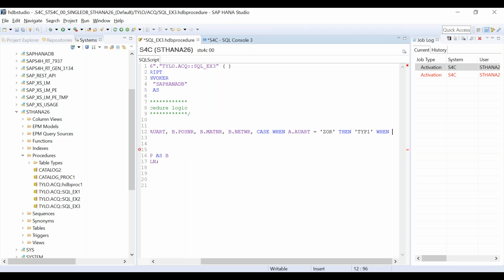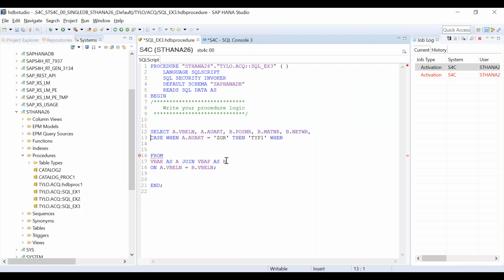When, again, let's copy this and let's take this thing down so that it is very easy to understand. Case when AUART, then this. Now the second statement, what is the second statement? TA. When the AUART is TA, I will write it as type 2.